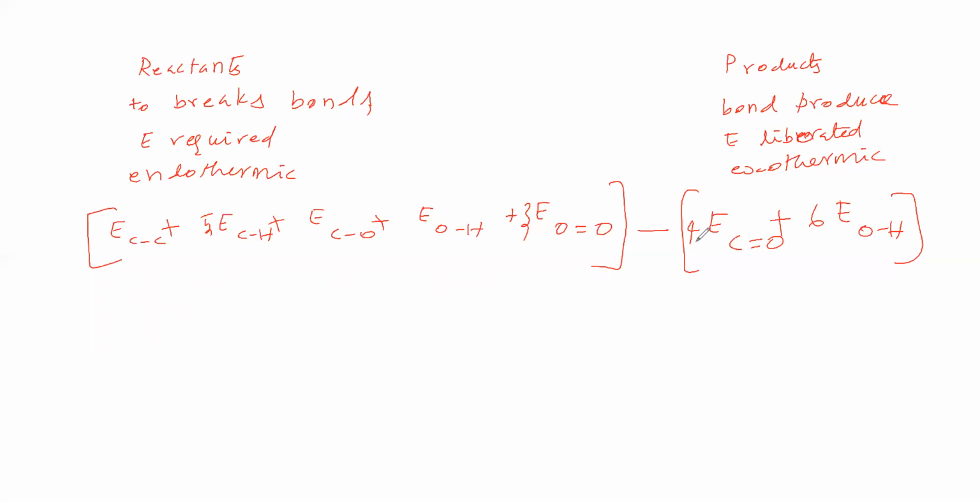That difference: this is exothermic, therefore we write minus. If it is endothermic, it is plus. This is exothermic, therefore we have written minus. This is equal to the enthalpy of reaction. So the enthalpy of reaction is equal to the sum of the bond enthalpies of reactants minus the sum of the bond enthalpies of products. Here the minus sign we